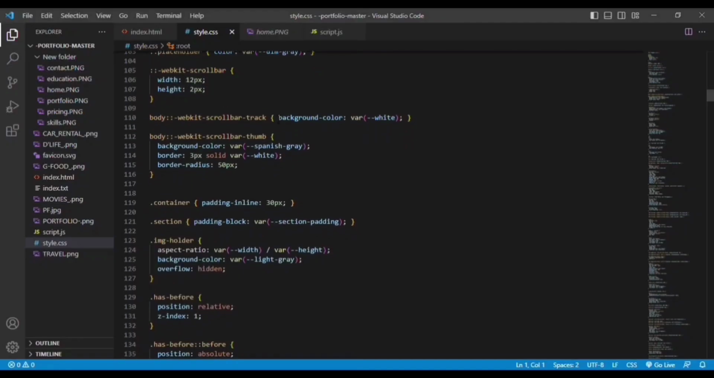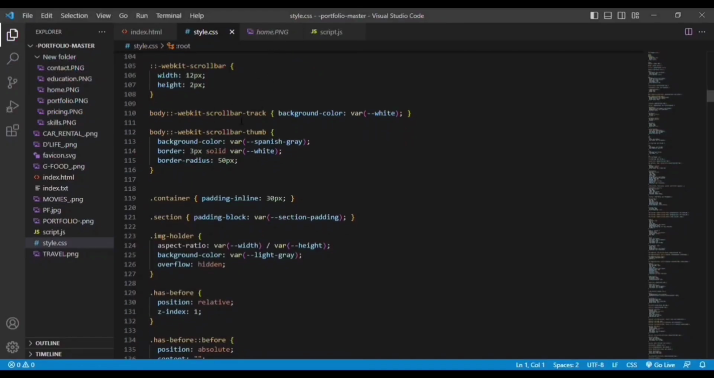And WebKit scrollbar is for when you want to add a scroll bar directly to your website. You can use this WebKit scrollbar by mentioning the width and height. You can see here in VS Code also we have the scroll bar, and whenever I hover onto it, you can see it gets a little lighter in color. That is added here in a similar way. Then we have